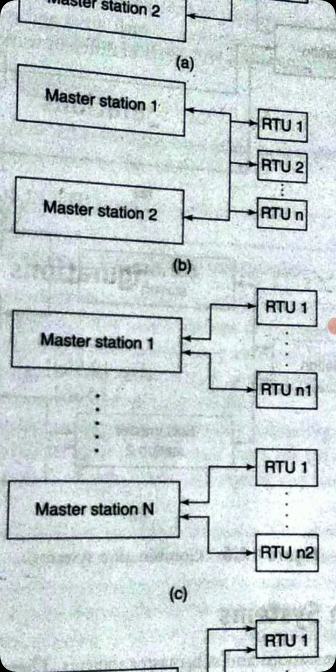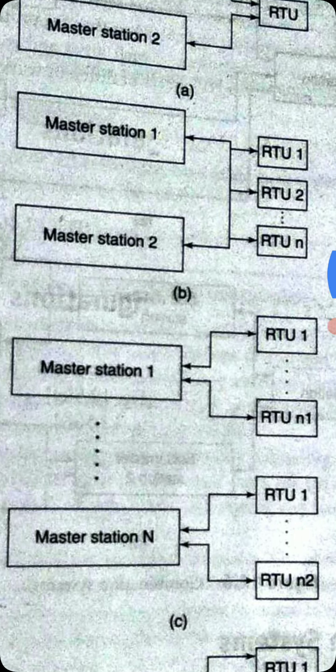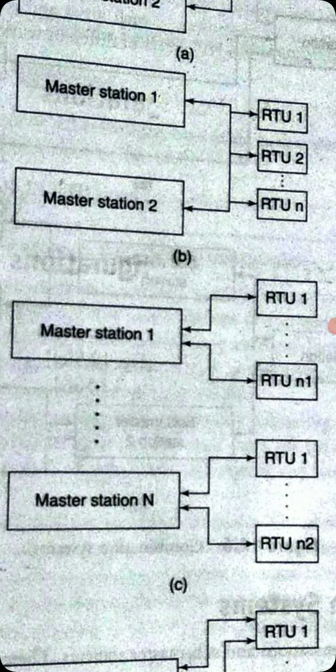Coming to the third one, here multiple master stations and multiple single ported RTUs. Here master stations are in n numbers. You can see master station 1 to master station n, and RTUs also you can see there. There are many single ported RTUs connected to master stations. Like in the single master station configuration, the second one, that is single master station and multiple RTUs, there was only one master station connected to a number of RTUs. Here configurations like that are in n numbers. That's what master station 1 to n.